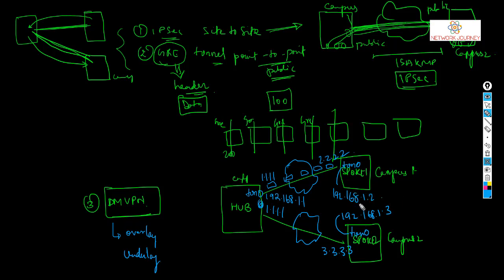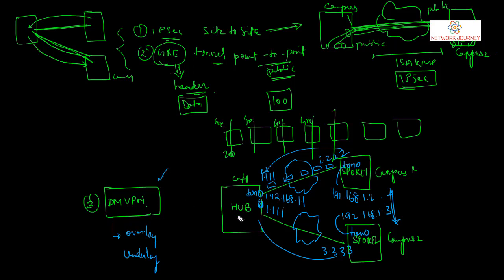Can there be a direct connection between spoke to spoke in the case of DMVPN, or does spoke 1 have to send once again to the hub and the hub has to send it to spoke 2, which we saw in the IPsec? But in the case of DMVPN, we don't have to rely on the hub. Instead, we can directly talk to each other. Spoke 1 can talk to spoke 2 as well. Okay, this is happening